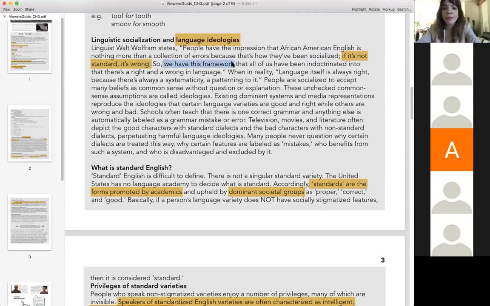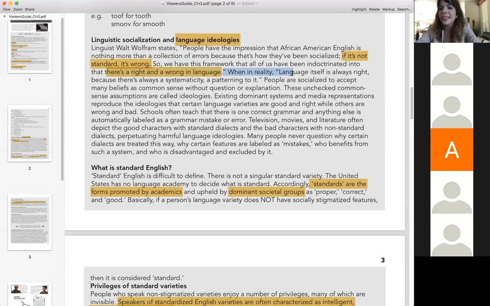So we have this framework, or this ingrained in our mind, in our cognition, that all of us have been indoctrinated into from the moment we enter school, very young age, okay? Nobody's getting a class where we talk about different dialects or linguistic differences. We're all getting the class that there only exists one way of speaking a language, okay? So there is a right and a wrong in language, un blanco y un negro, un good and a bad. It's almost like reductionist,